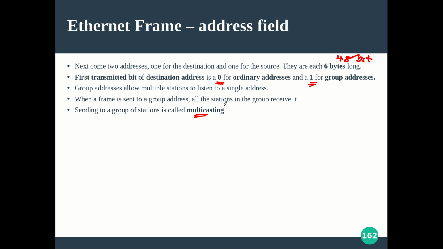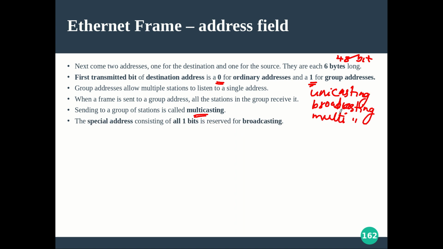So there are 3 types of communication you can see: unicasting, multicasting and broadcasting. Unicasting means one-to-one communication. Broadcasting means purely one-to-many, everyone in the particular local area network. And multicast means you are communicating to a subset of the machines,